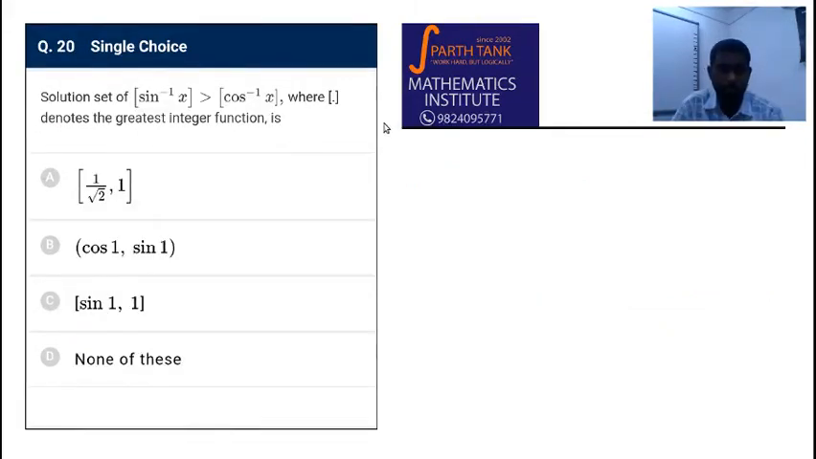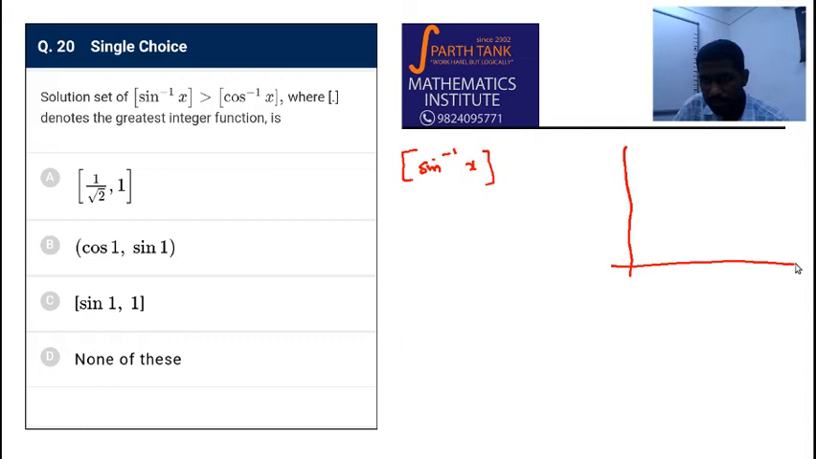Let us move on to question number 20. Solution set of box of sine inverse of x is greater than box of cos inverse of x. Now let us just look at the function sine inverse of x for a moment. Now of course, what are the values sine inverse of x can take? It can take values,